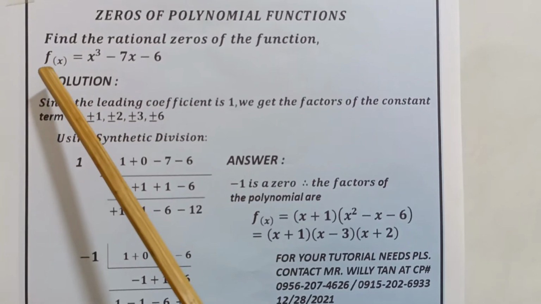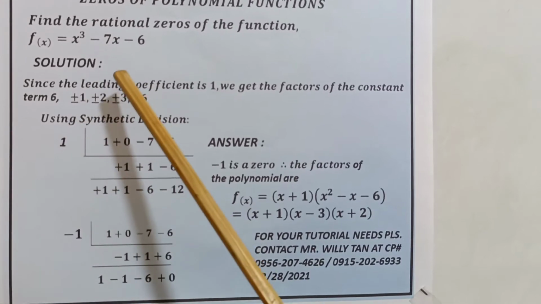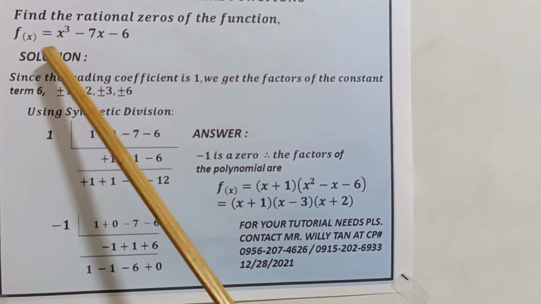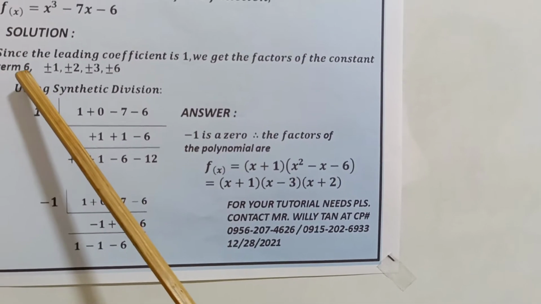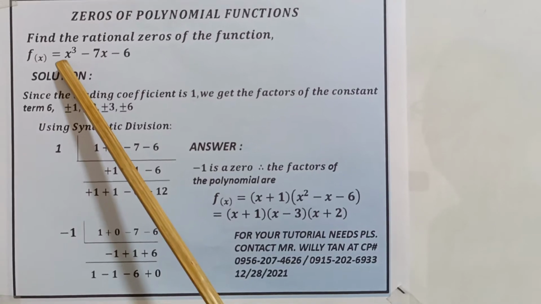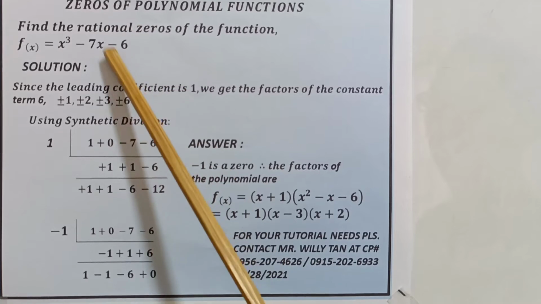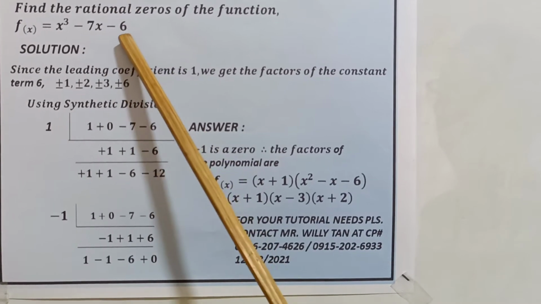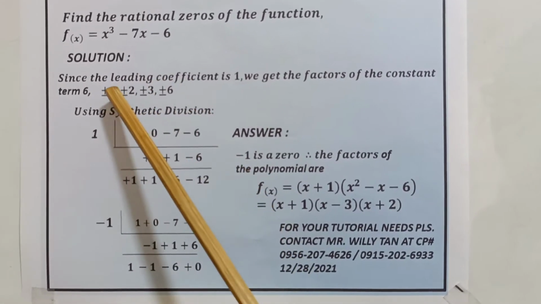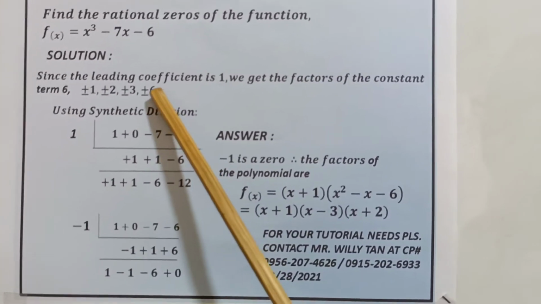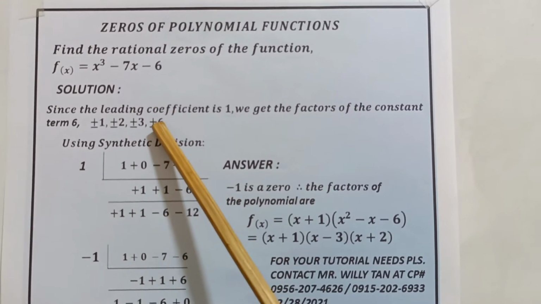For our solution, since the leading coefficient, the coefficient of x cubed, is 1, all we have to do is find the factors of the constant term. The factors of 6 are plus or minus 1, plus or minus 6, plus or minus 2, and plus or minus 3. Now we're going to use